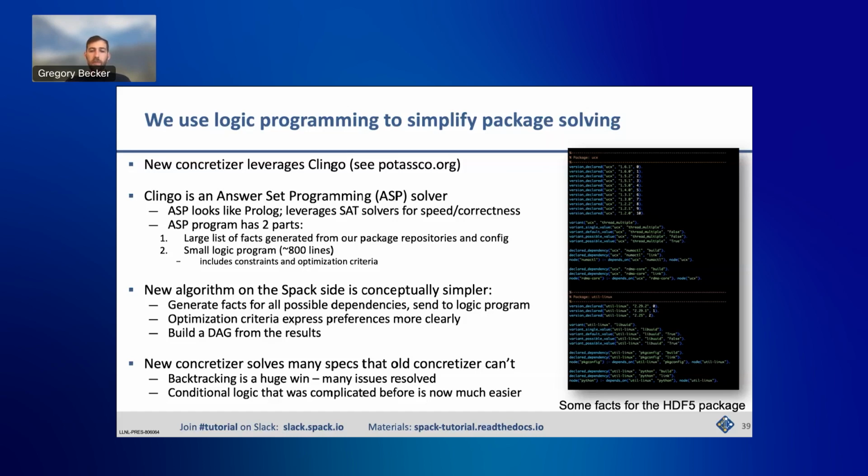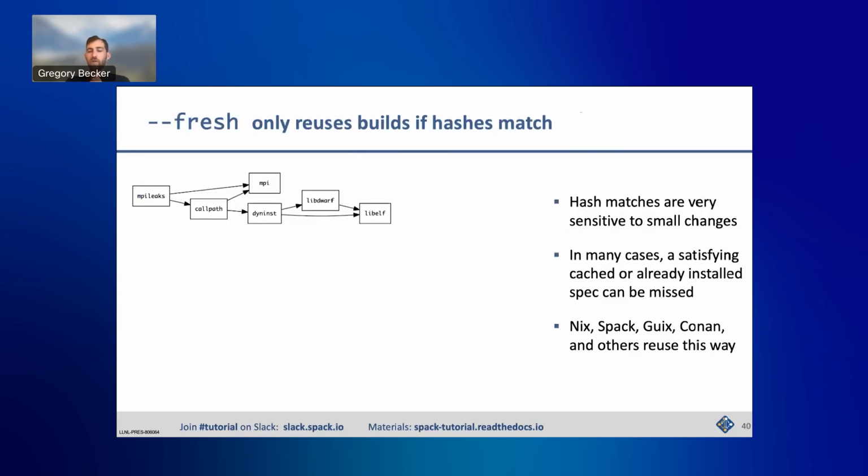And the big win about this for us initially was the full backtracking. It resolved a lot of issues at the time, but it's also allowed us to add a lot of new features that we simply couldn't have implemented before. So the original default mode of Spack, which you can now access through the --fresh option, resolves all the metadata